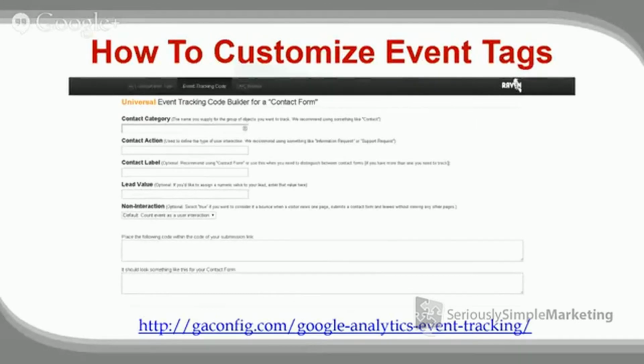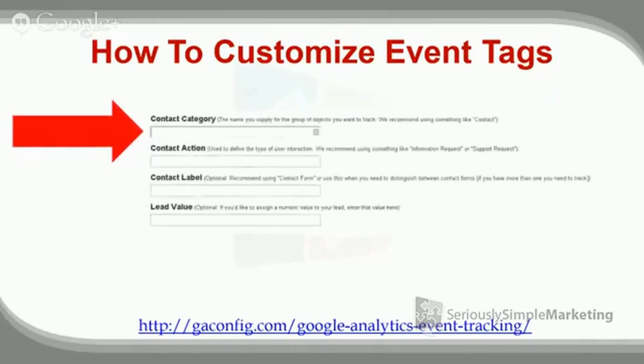And we showed you something similar to this that Google has for URL tracking. Right? So you do a little form and it spits out the code. This is the same way. Now, the way that this works, this is actually by Raven Tools. They do a great setup for this. The way that this works is you fill out this form and you put in your category.